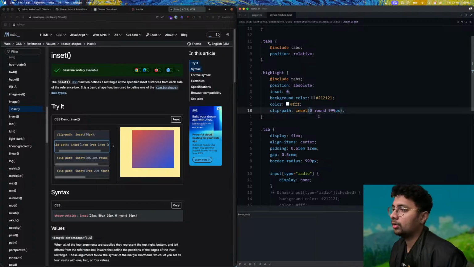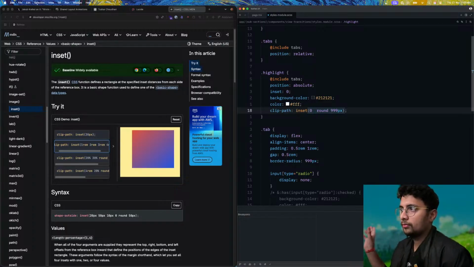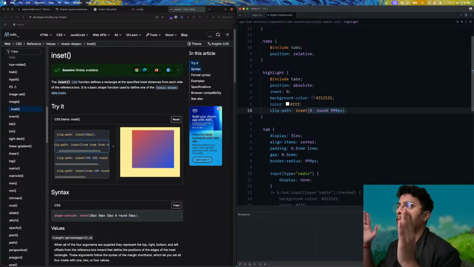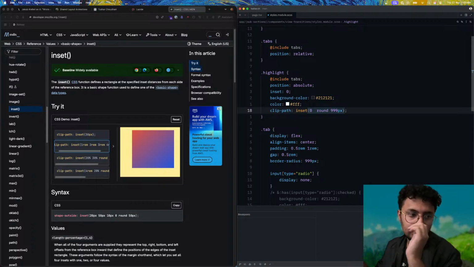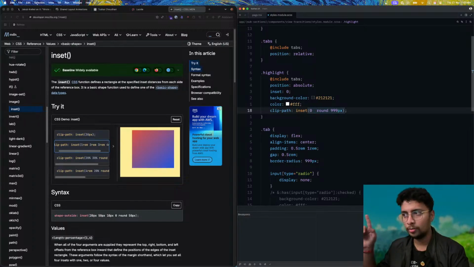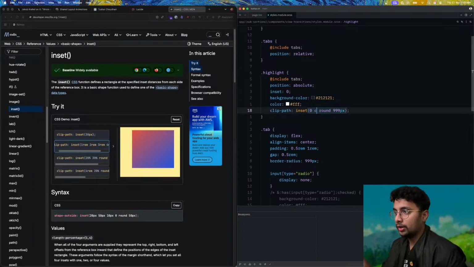Right now we are on 0. Then we need to clip it from left and right. Okay, so for top we have 0. For right we need to do